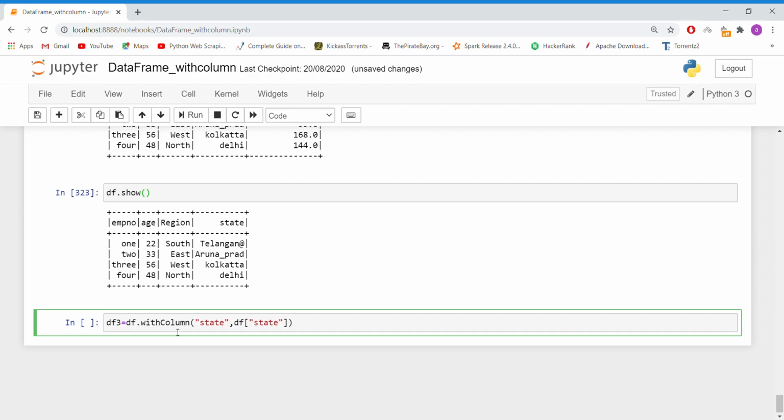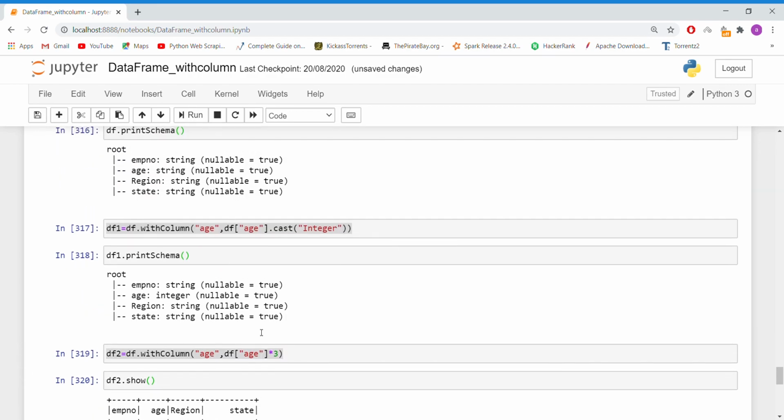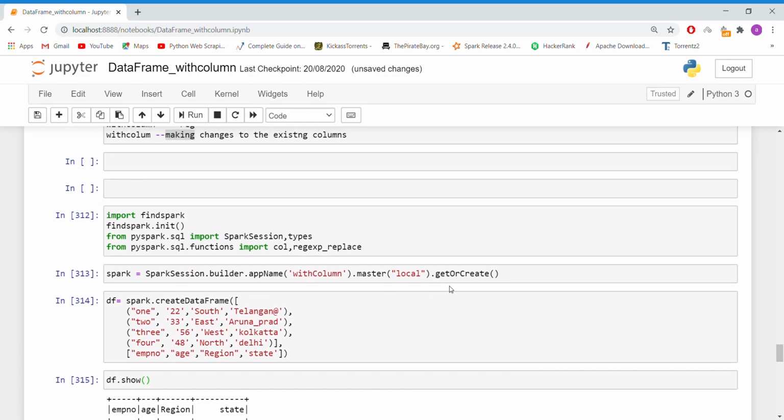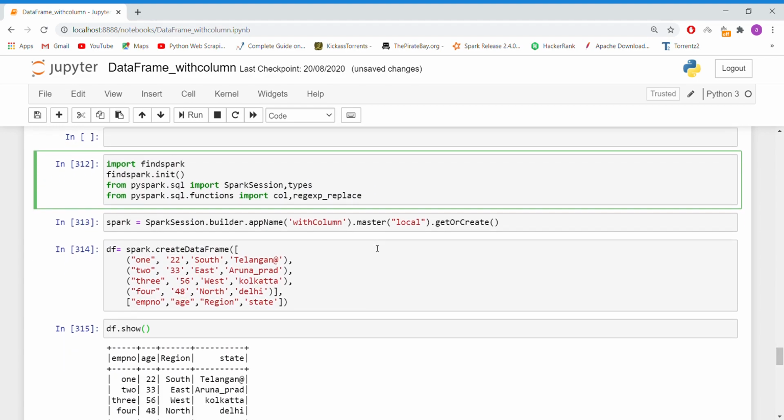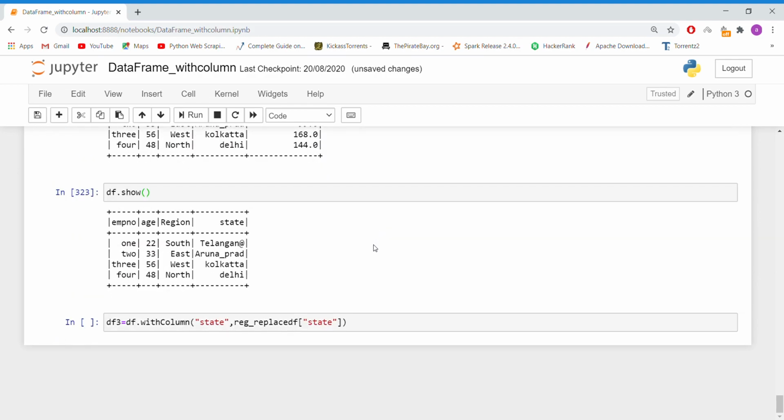Before this we need to import the regular expression replace function. Let me cross check the function name. Before using it, you need to import it, otherwise it will show an error like not found.